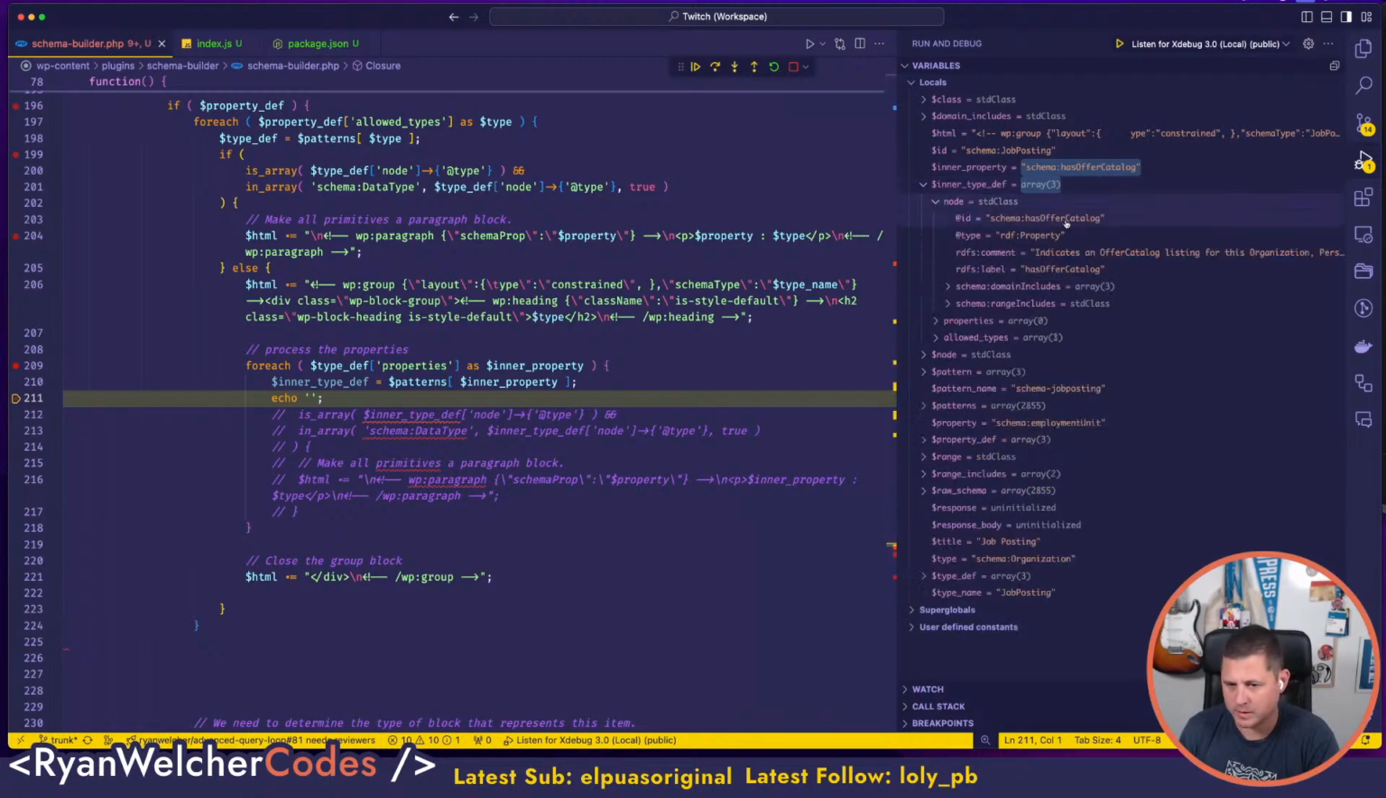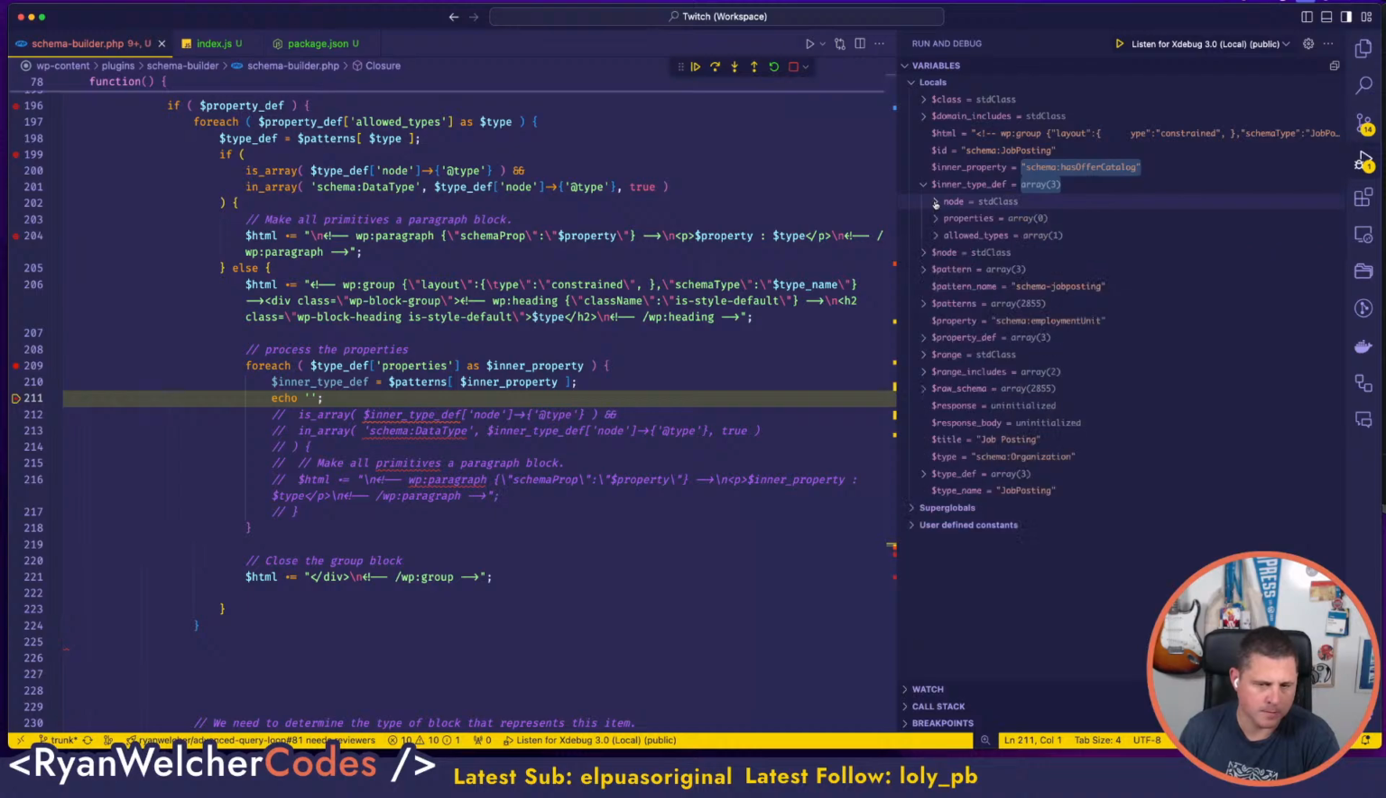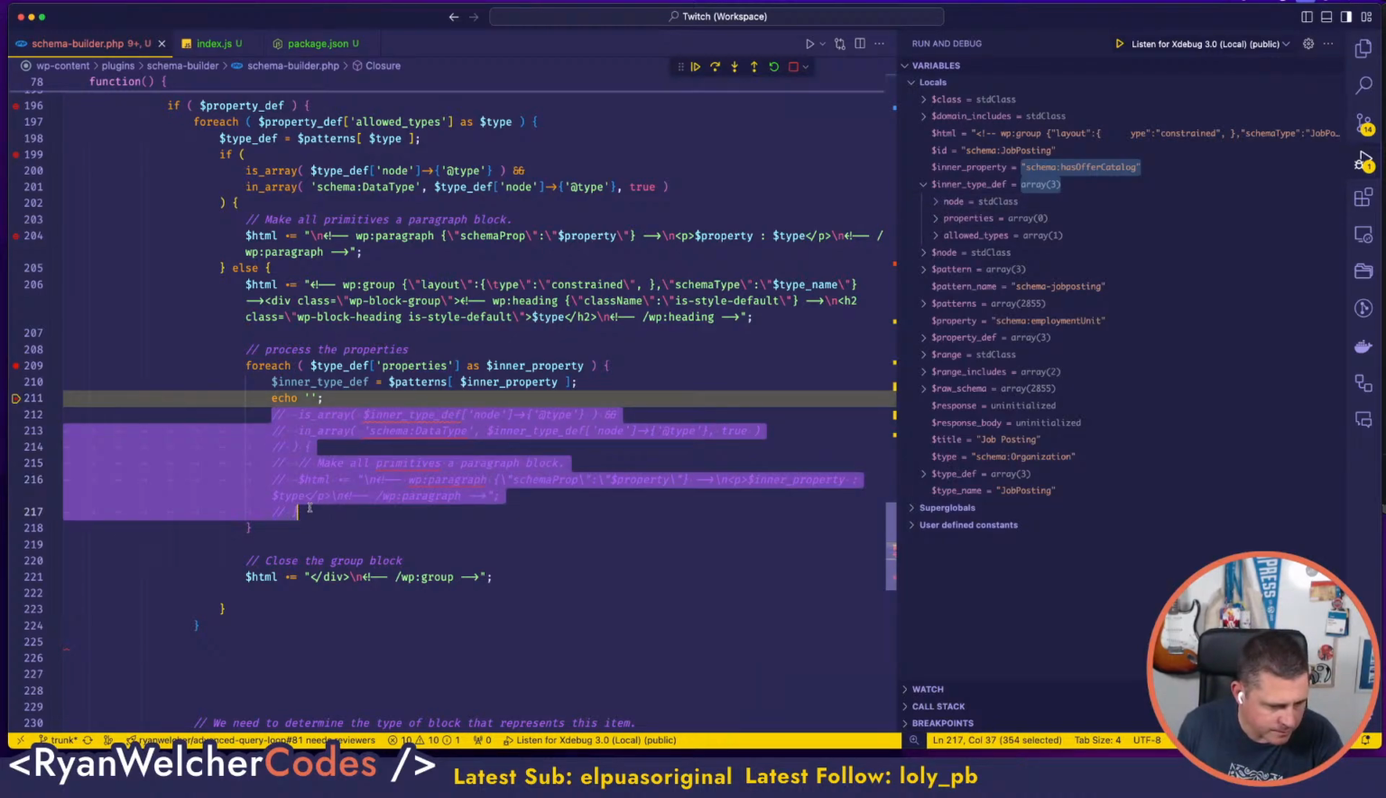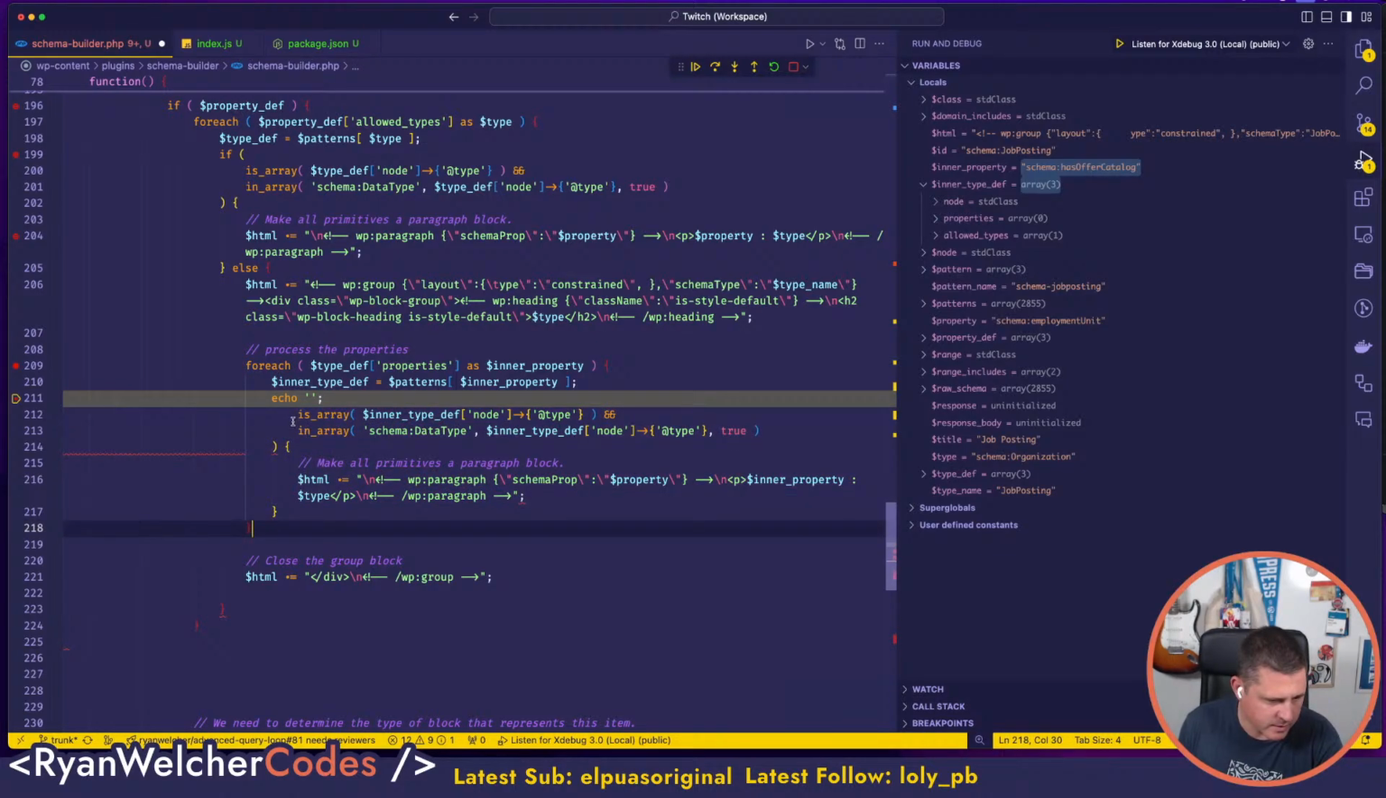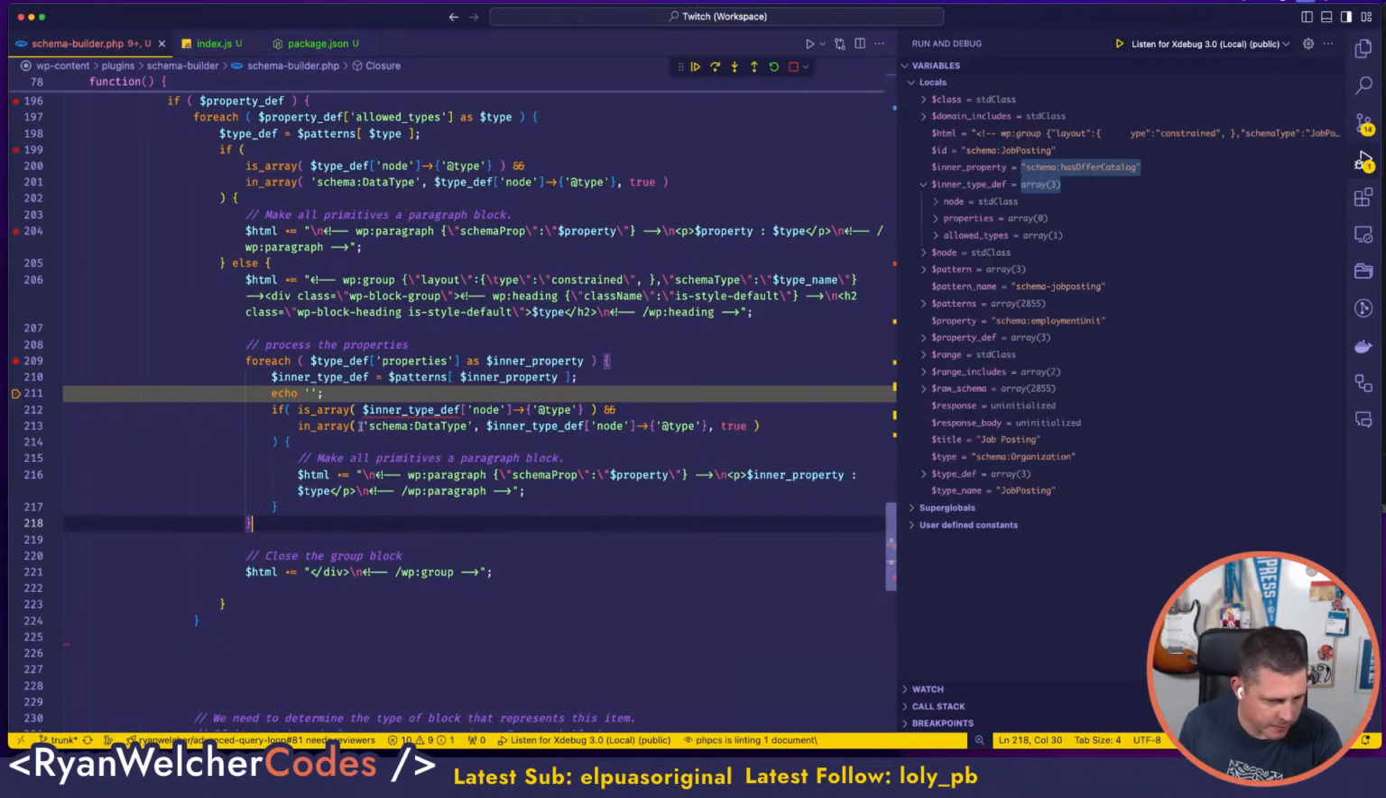The node is offer has catalog. It's got property. Okay. So this is all going to fail, right? In this case, because this is not. I need. What am I doing here? I need an if. Right. So if